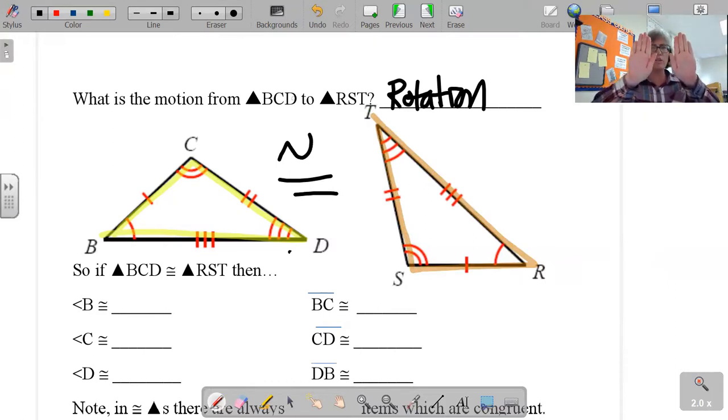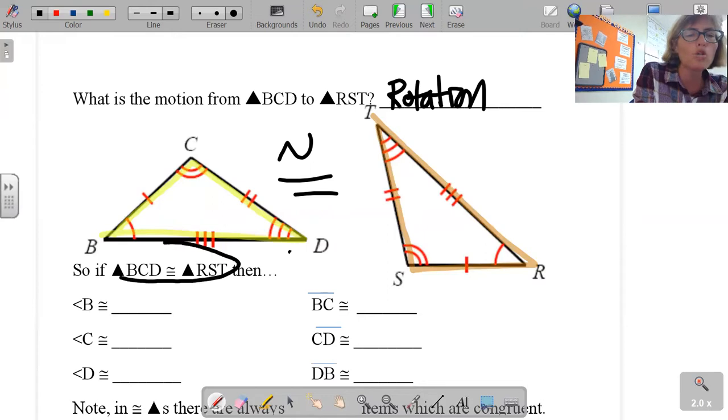And when full triangles are congruent, get used to doing this. Go put your hands up, put your fingers together, repeat after me. Say the whole thing's congruent. Now go like this with your fingers. Say all the parts are congruent. Do it again, put your fingers together. Say if the whole thing's congruent, the parts are congruent. And what we mean by that is if I say the entire whole triangles are congruent, which we just established,